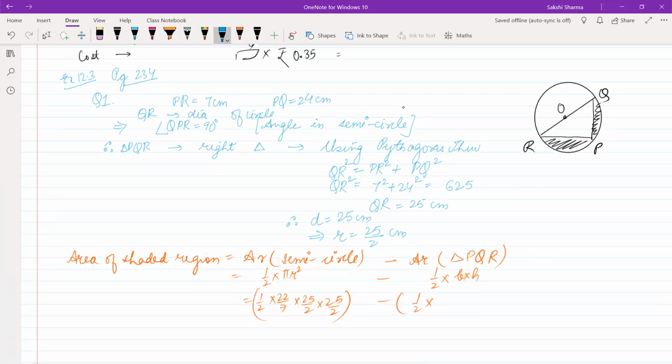At any point, if you cannot identify which two sides will be the base and the height, those two sides will be the sides which contain the 90-degree angle, 7 centimeters and 24 centimeters. And now you can simplify to obtain your answer. If you want, you can take factors common in order to simplify your work. The first fraction on simplification will give you 6875 by 28, sorry. And the second bracket on simplification gives you 84. And you can take the LCM and the answer comes out to be 4523 by 28 centimeter squared.